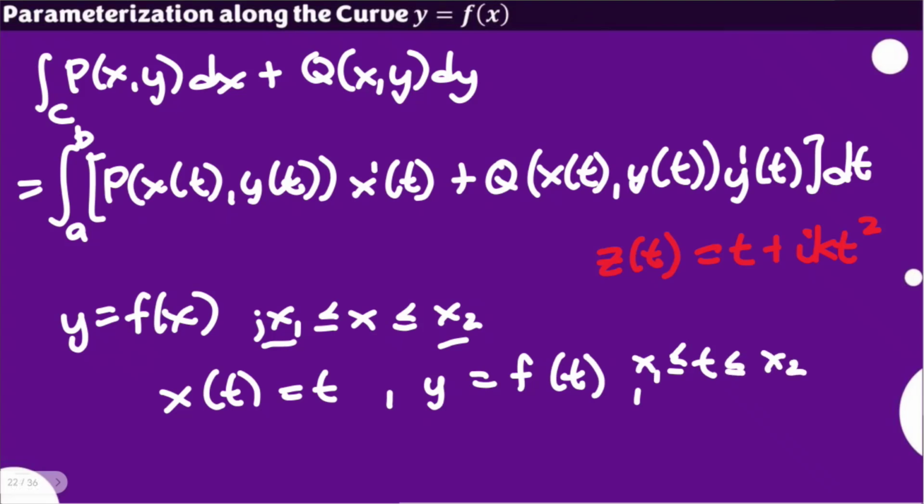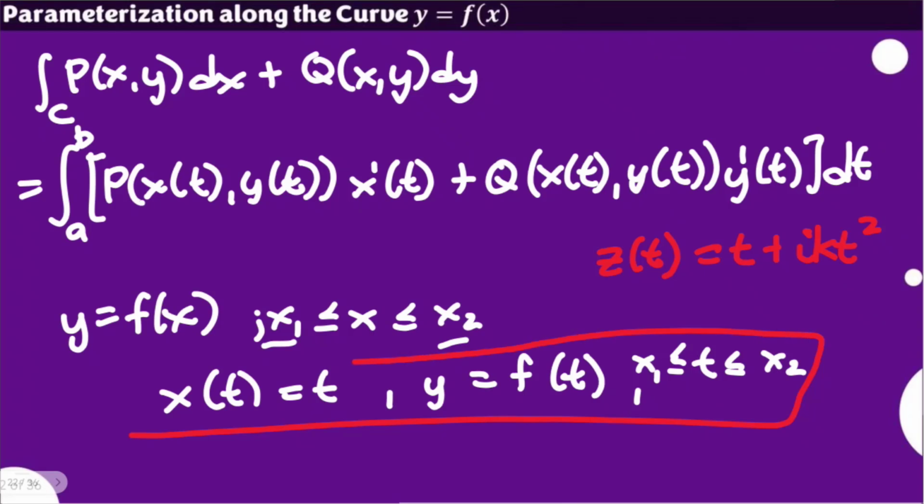As we change all the x's in terms of t, x becomes t, your f of x becomes f of t, and then your x here becomes t as well. This is for the parameter needed in order for us to solve a real integral along the curve or parabolic curve, which is the path. Now, x of t is indicated here. Your y of t, sorry for that, this should be y of t, is also f of t, whatever your function is, but in terms of t now.